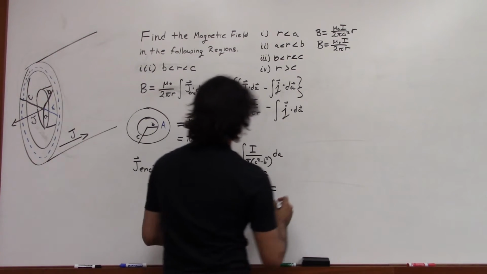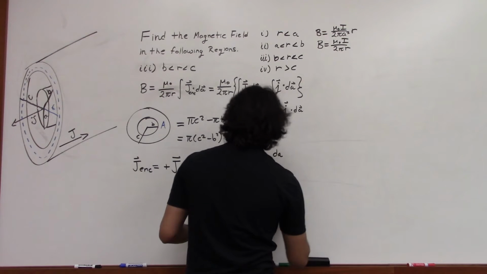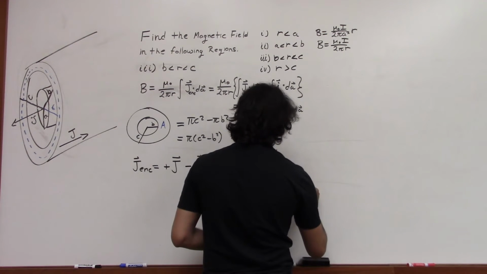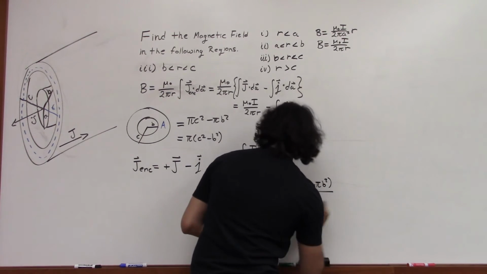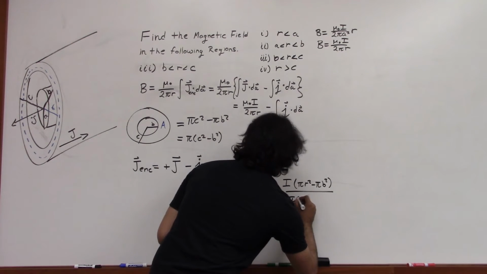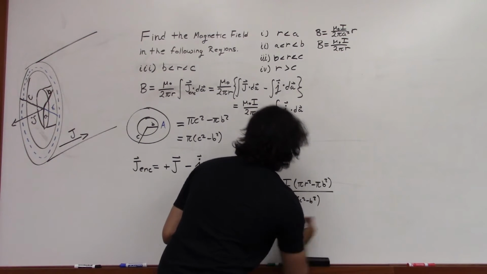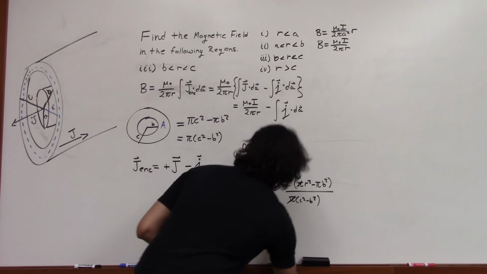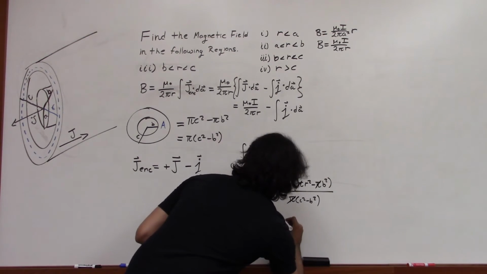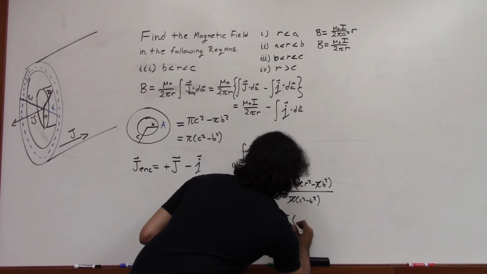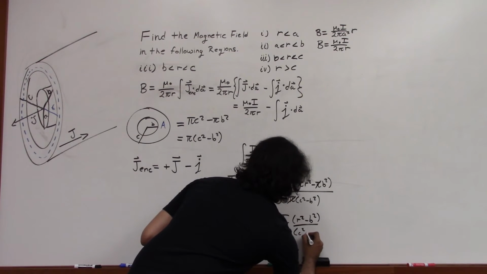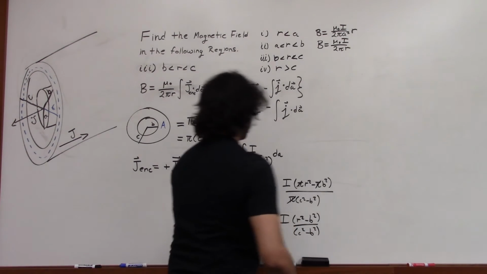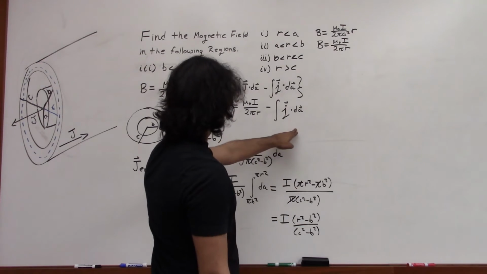And this simplifies to I times (pi r squared minus pi b squared) divided by (pi c squared minus pi b squared). These terms cancel, and I'm left with I times (r squared minus b squared) over (c squared minus b squared). So now all we need to do is plug this in here,